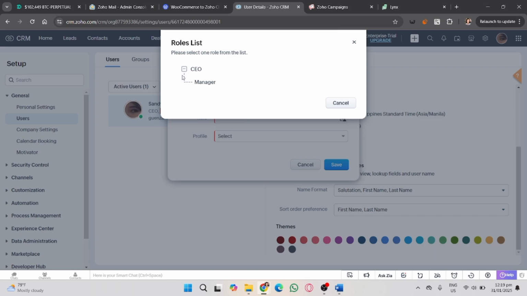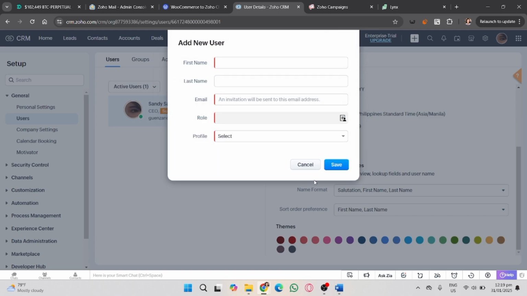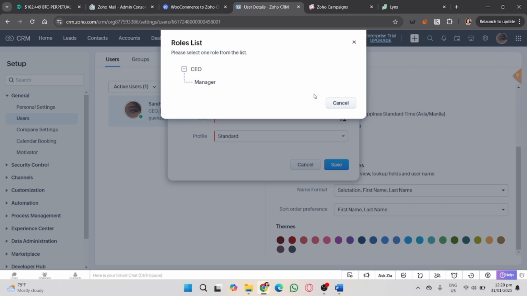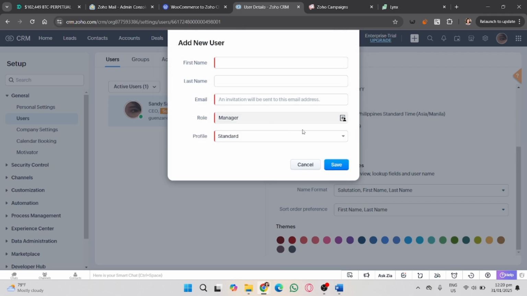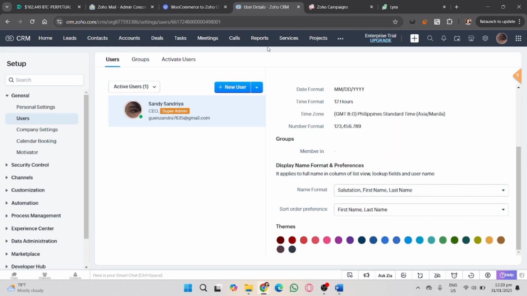And for testing the permissions, log in with the test user account to ensure the settings are applied correctly and try accessing different modules and performing restricted actions to verify compliance. And that's it. That's how you set up permissions in